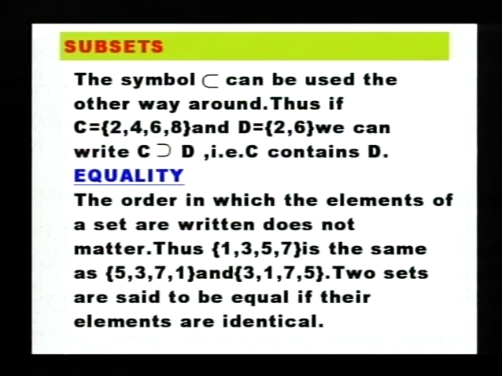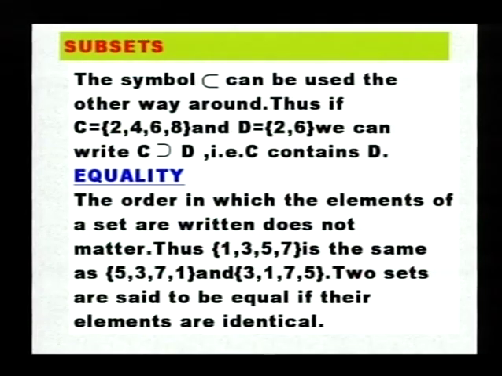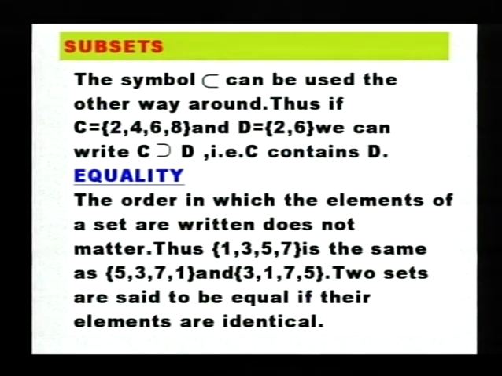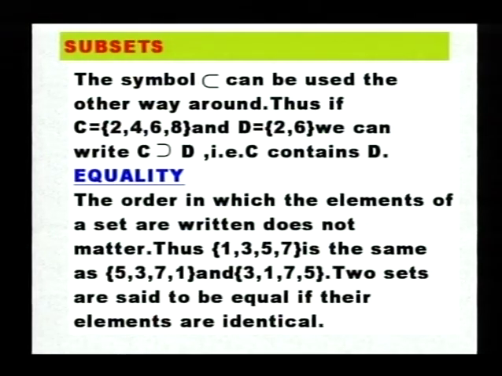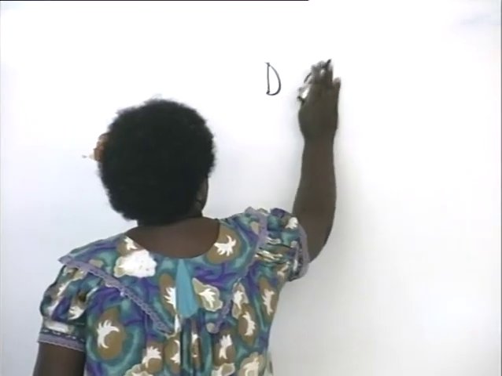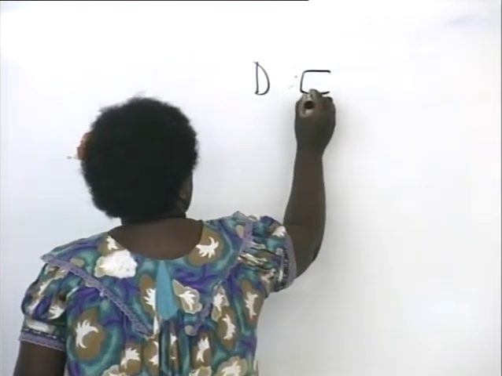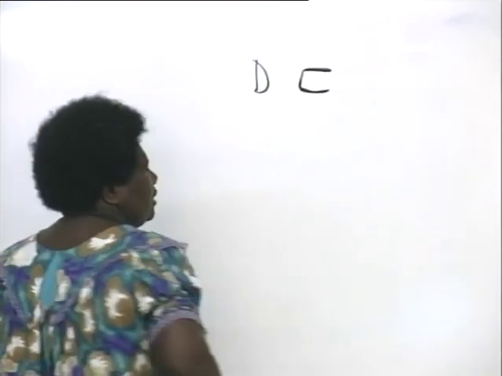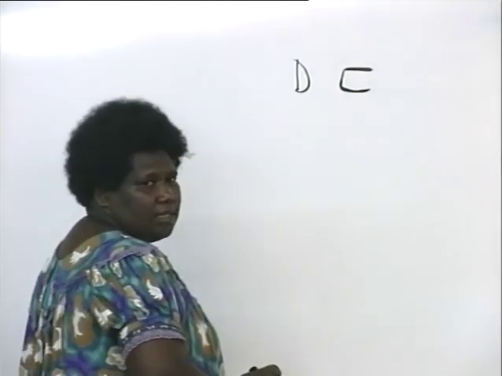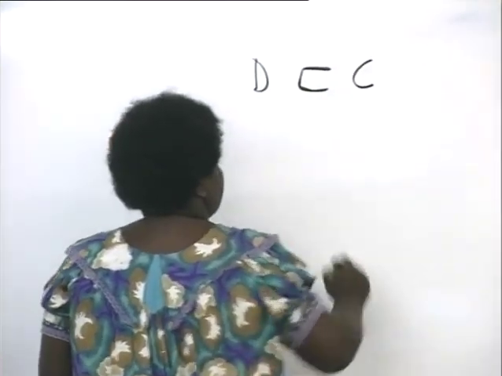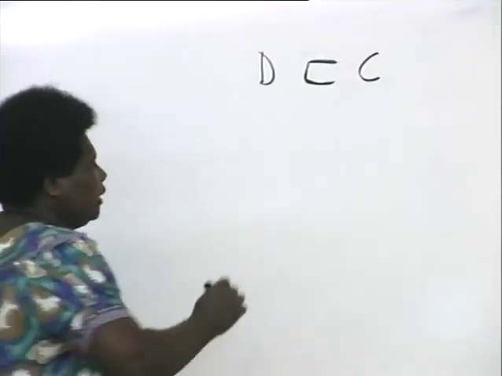So if C is the set 2, 4, 6, and 8, and D is the set 2, 6, we can write, instead of saying D is a subset of C, D is a subset, okay, D is, so that it doesn't look like C. Okay, if D is a subset of C, instead of saying D is a subset of C, we can say this,